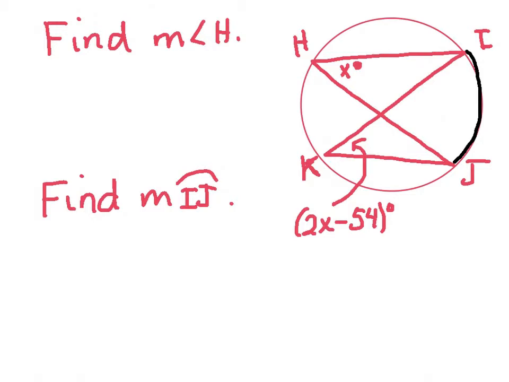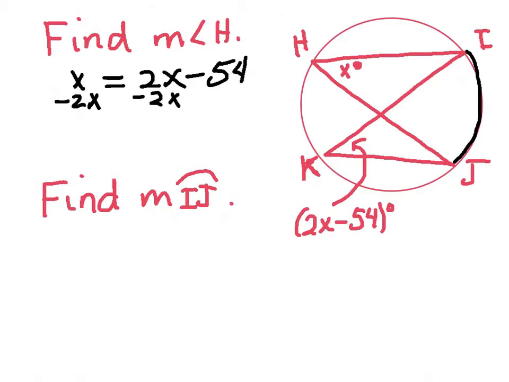In order to find angle H, I have to first find x. Since those angles are exactly the same size, I can set these equal to each other and begin to solve. If I subtract 2x from both sides, I end up with negative x equals negative 54,